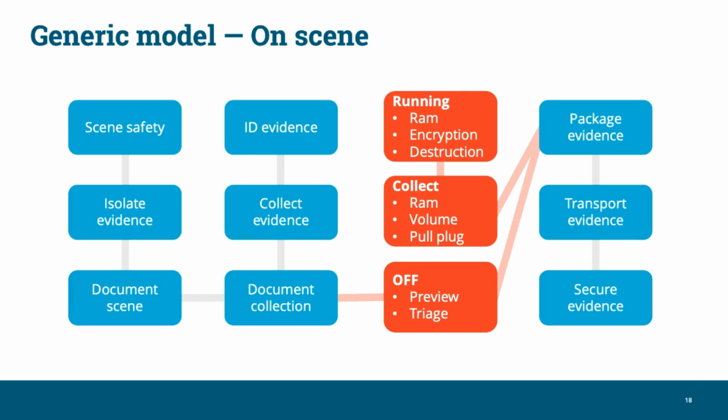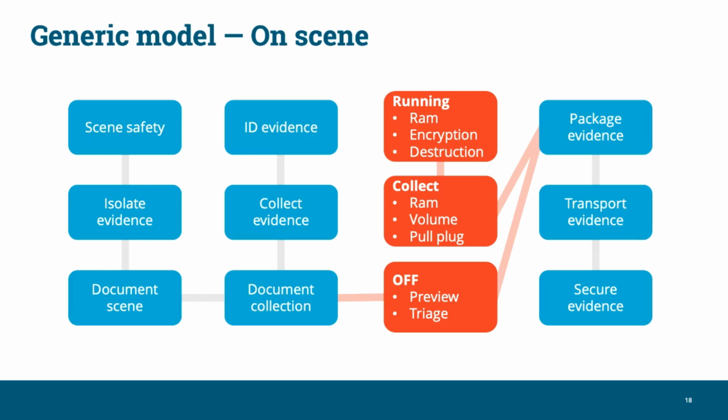The next thing we're going to do is scan the scene and identify what could be evidence to us. Once we've identified our possible sources of evidence, we're going to collect them, and we're going to do so in a proper manner. We're going to document that collection, and what I mean by that is you're going to document who found it, where they found it, what time. All these things are very important when it comes to authenticating the evidence later on in any type of court